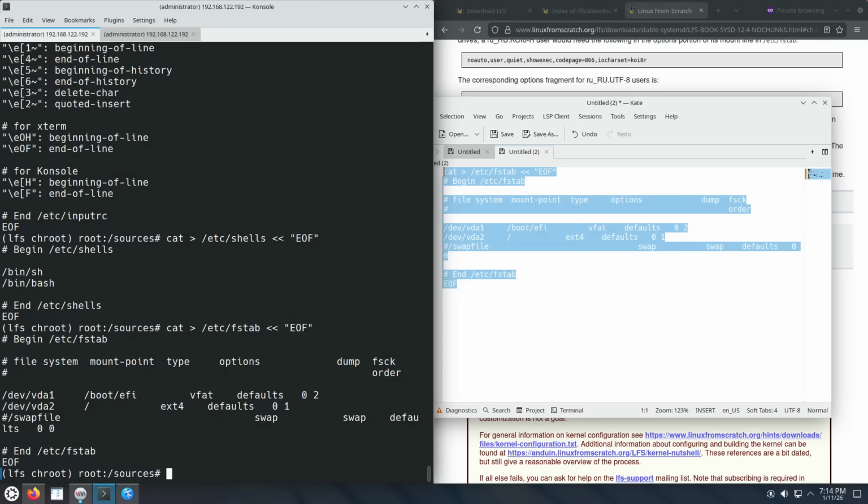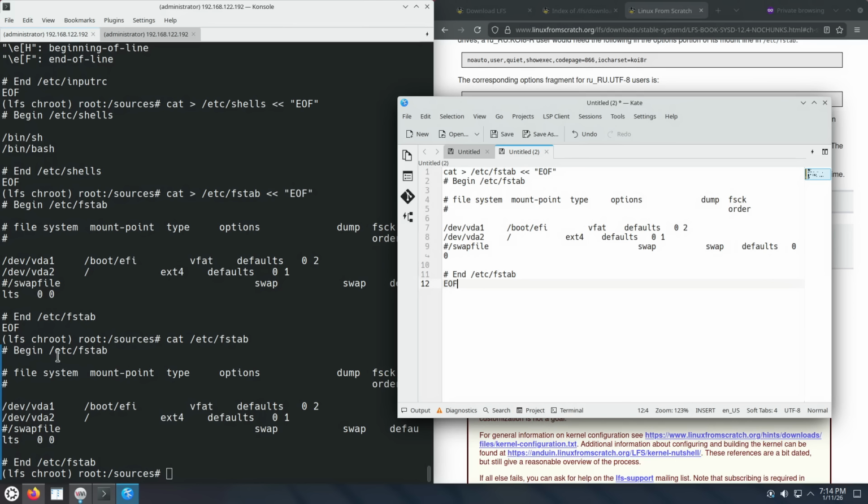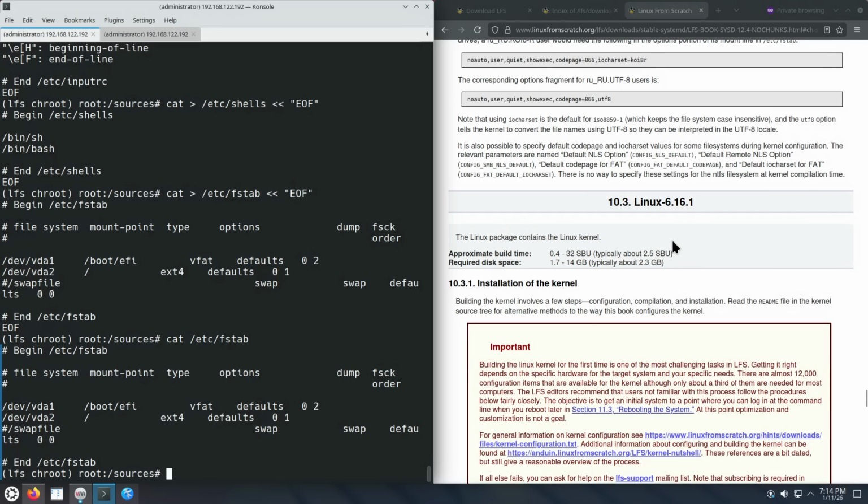Ctrl+Shift+V. Let's look at it. Begin of the fstab file. Yeah, copy paste worked correctly. Next up,